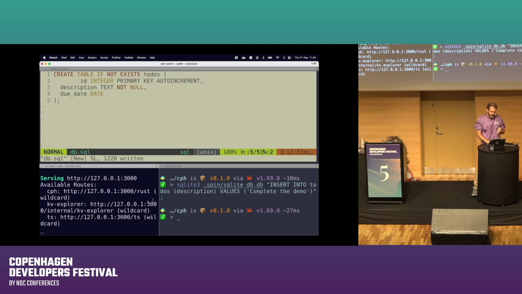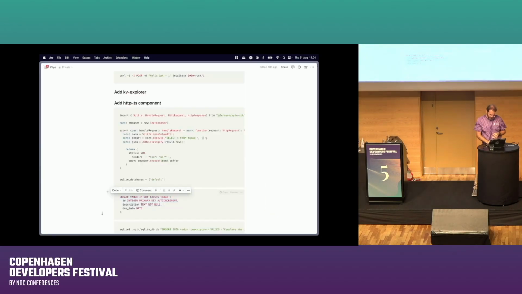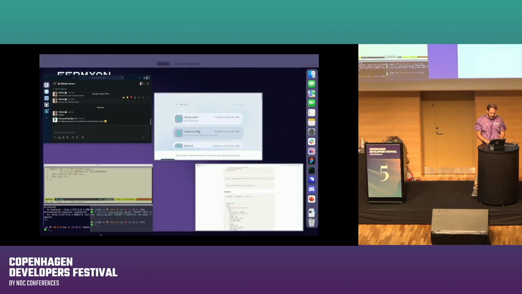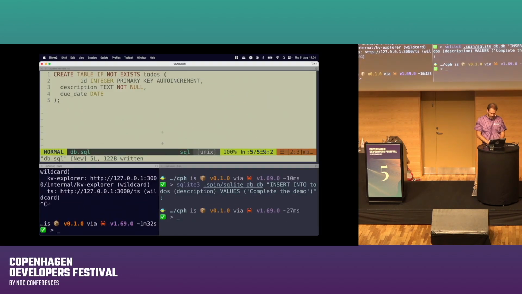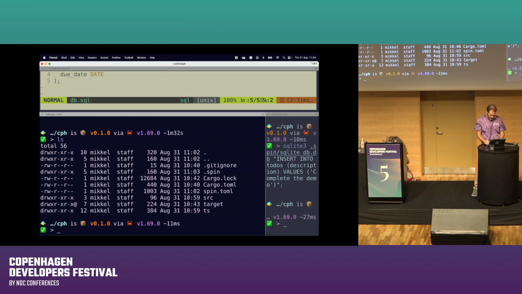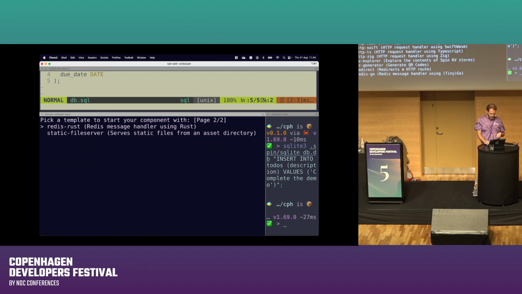So the last thing I want to do with this application before we get everything into the cloud is add a front end, because that makes my application a little bit more fun. So we can go back, and now I need to be in the right place and do a spin out again. And we actually have another